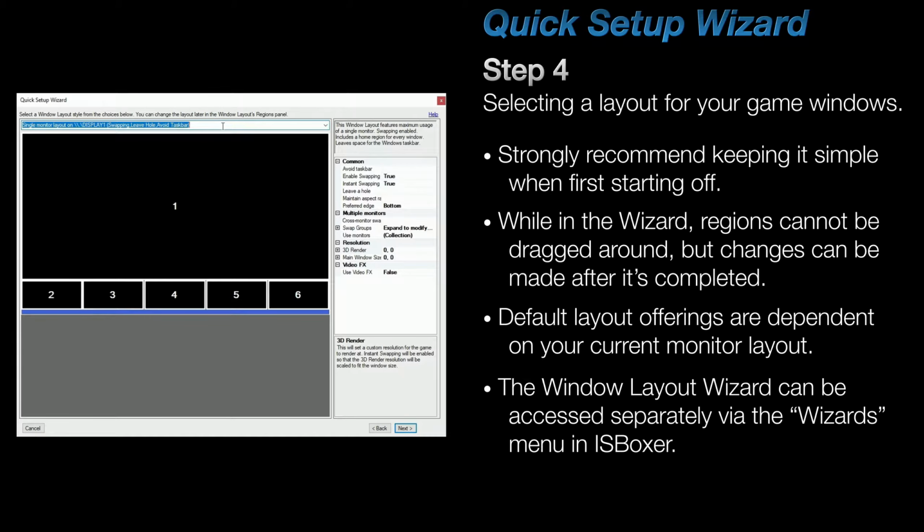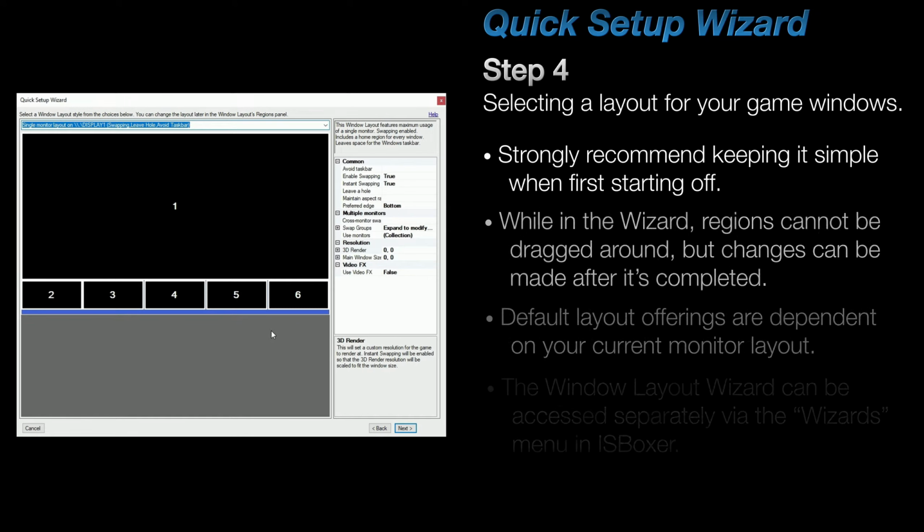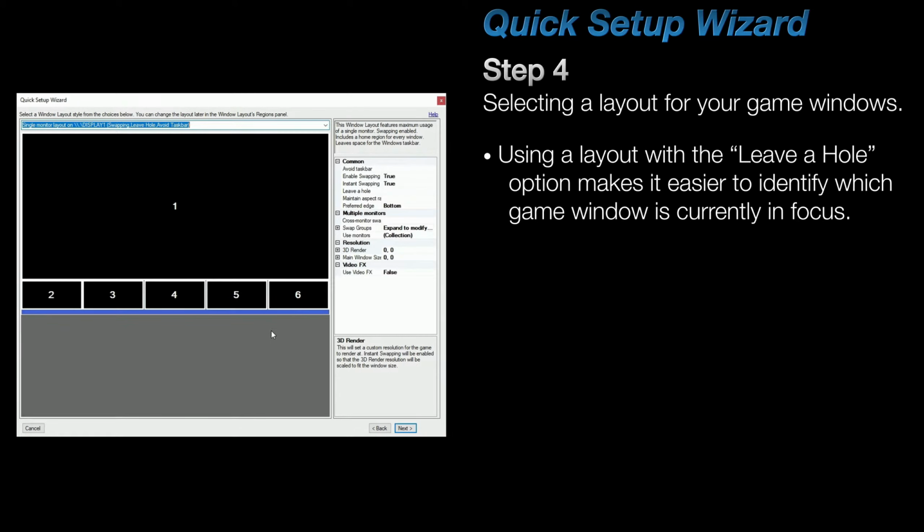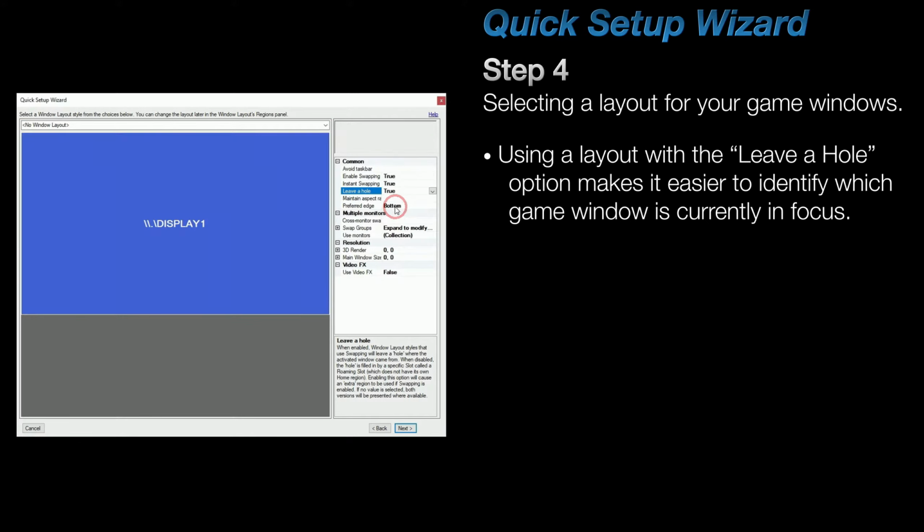Normally, for beginners, I'd recommend just leaving those alone for now and going with a basic layout from the drop-down, but I'll mention 2 bits of information. First, in my opinion, a layout that utilizes the Leave a Hole option will help new players when first starting off, because it's easier to tell which game client you're playing from. So, if you'd like, set the Leave a Hole option to True, and then pick a layout from the top